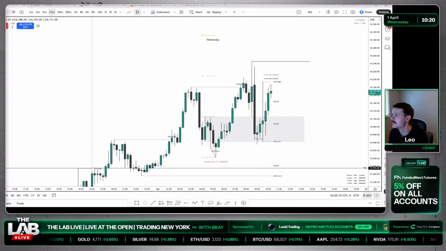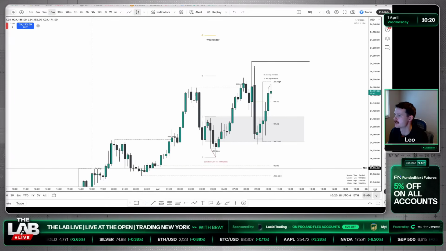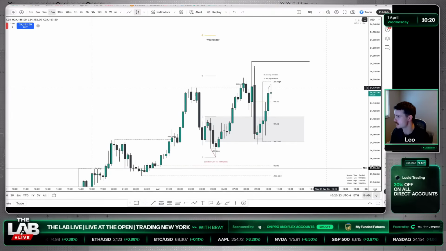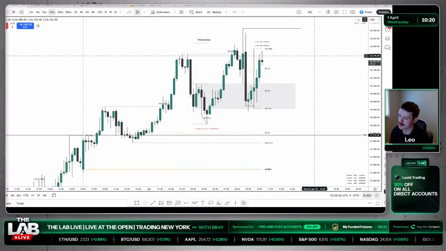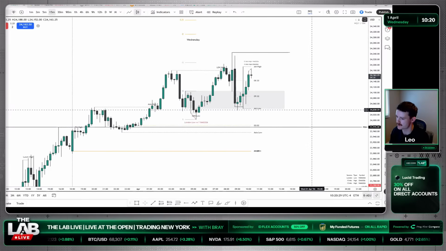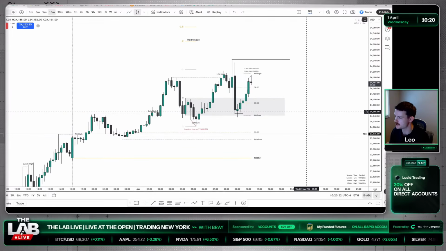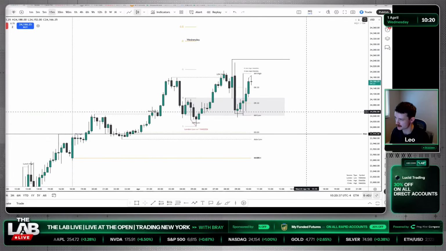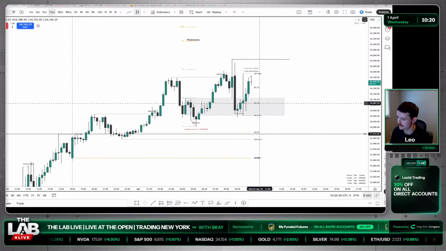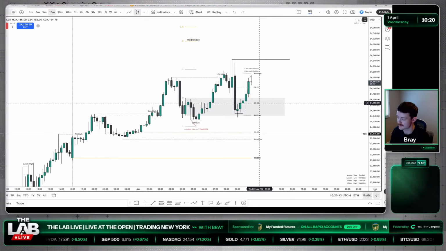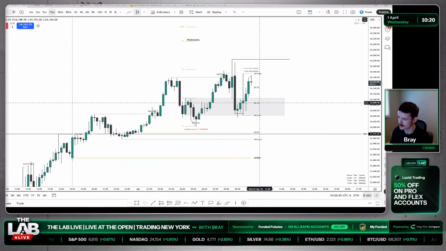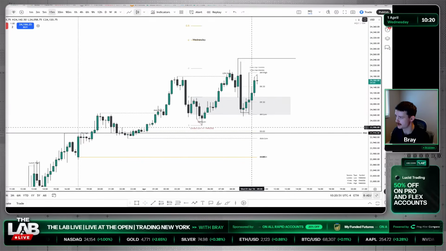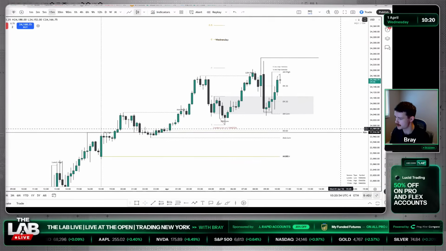How do you value different fair value gaps in a single range? Using premium and discount, SMT, and standard deviations. If we're looking at a bullish fair value gap and we have a series of them, I will use premium and discount. The ones in premium are going to mean a little bit less, but that's where you also use SMT. If you have SMT at that premium fair value gap and it's met standard deviation projections, then that boosts the probabilities of it, right? Otherwise, if you don't have that, then you can just anticipate that the lower one is likely going to be the next spot that we go to, right?